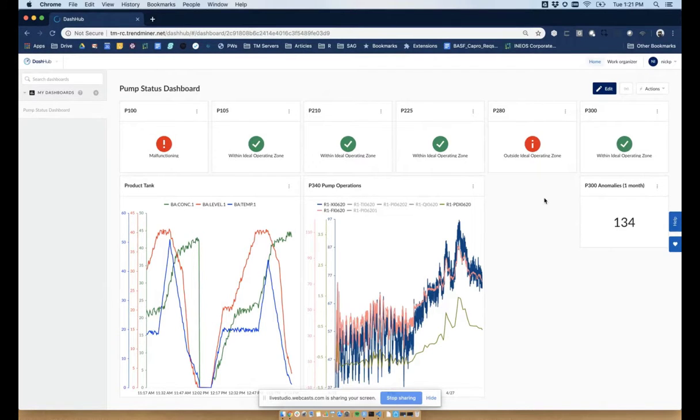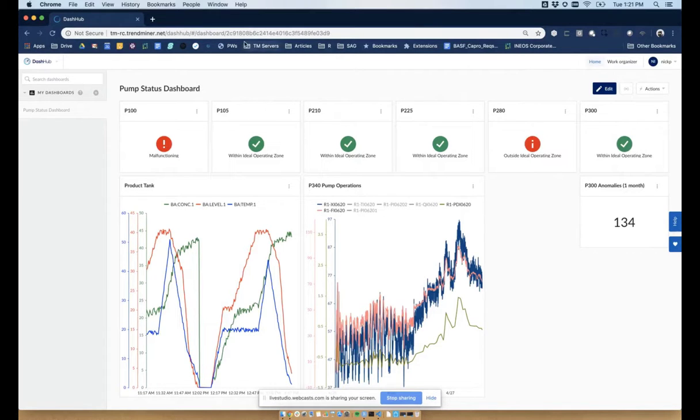And what you're looking at right now should be one of the 3 products or modules that are inside of TrendMiner. And that's the one that we call Dashhub that Frederick just talked about. So you'll notice in the top left corner right here with the quick toggle, I can easily switch from Dashhub, Trend Hub, and Context Hub. But let's first start by talking about Dashhub and start talking about what we're looking at.